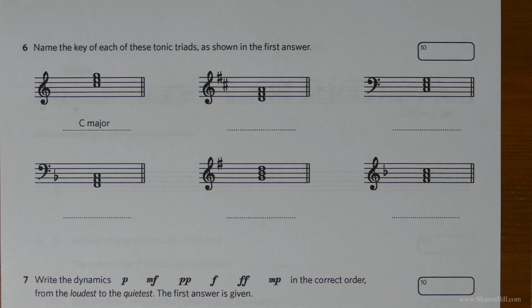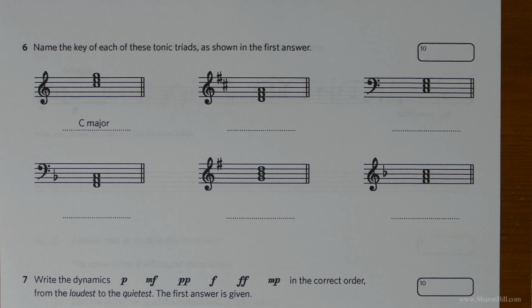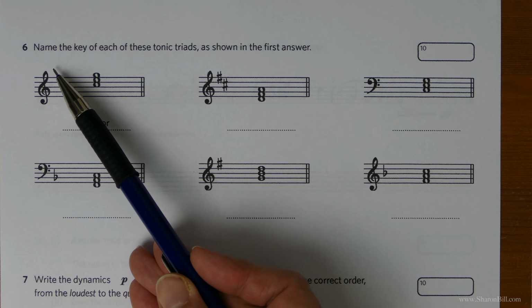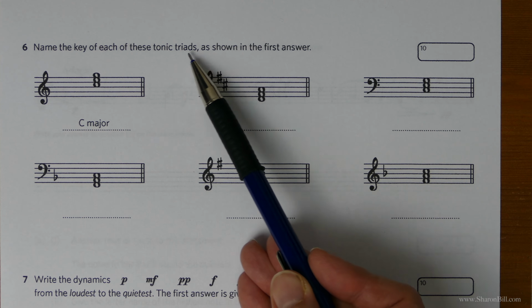So let's crack on with the next part of this grade 1 sample paper. Make sure you've got a nice sharp pencil, an eraser and a ruler to hand, and here we are, let's get going. So question 6 asks us to name the key of each of these tonic triads as shown